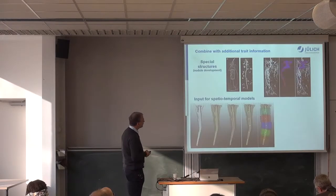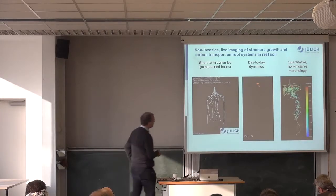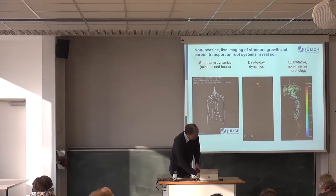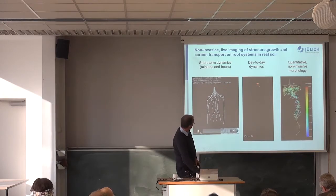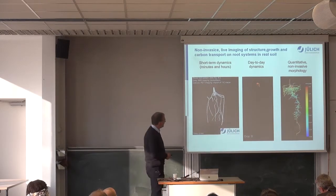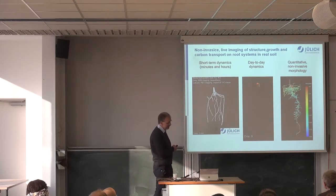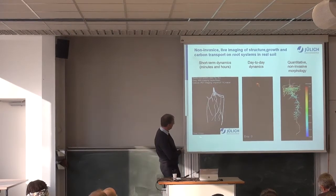And what we can do with these things is, oops, that was too fast, things like this one here. So this is, for example, a root system sitting in soil. It's three-dimensional, so these are NMR pictures. And then we apply C11 to the shoot, and then it's transporting down here. This is a distance of roughly 40 centimeters, and down here, for those who sit in the front, you see